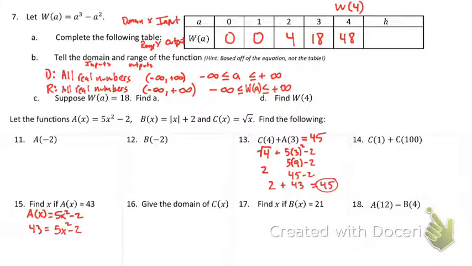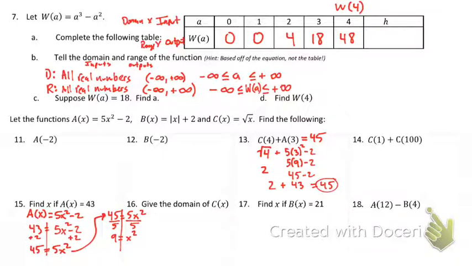Okay, so we have to kind of remember what we did a couple weeks ago. We want to get x by itself, so we're going to add 2 to both sides. So remember the line, we're going to add 2. Okay, and we get 45 equals 5x squared. Okay, I'll continue this over here. So we have 45 equals 5x squared. And then we want to get rid of the 5. And we remember the 5 is multiplying. So the opposite of multiplication is division. This gives us 9 equal to